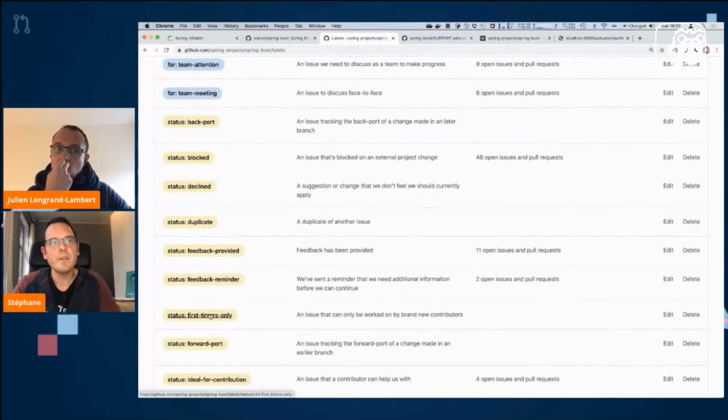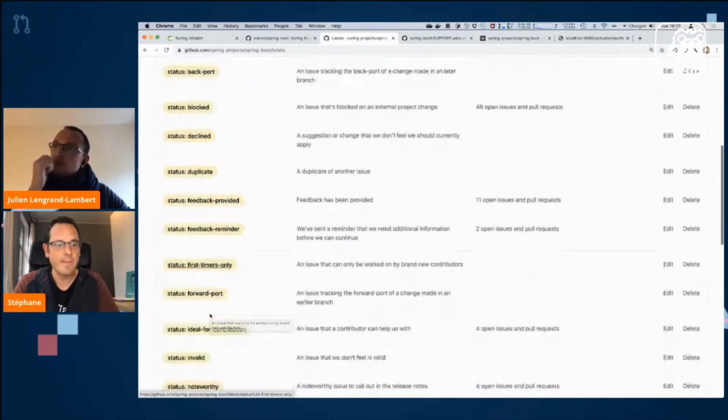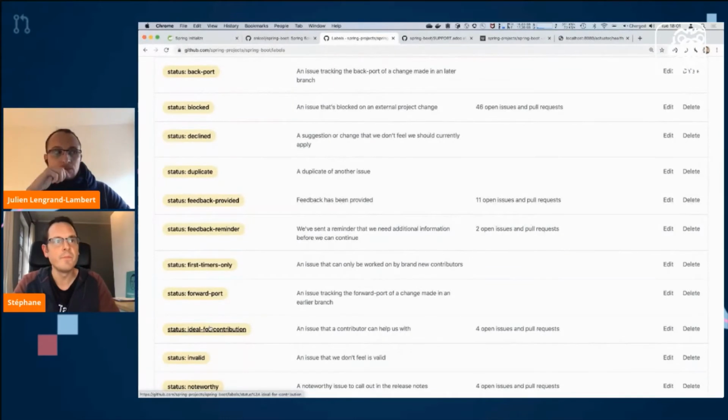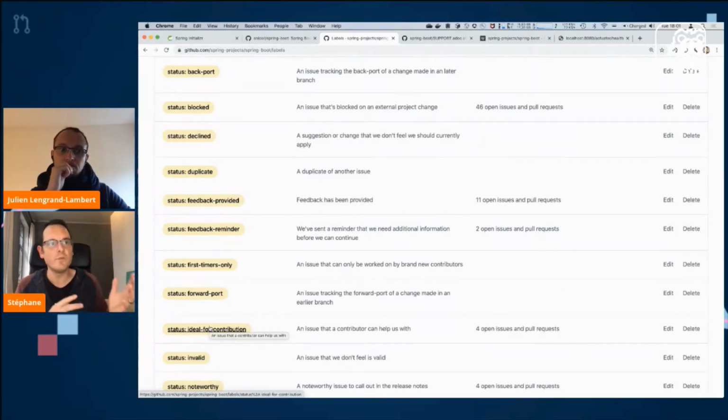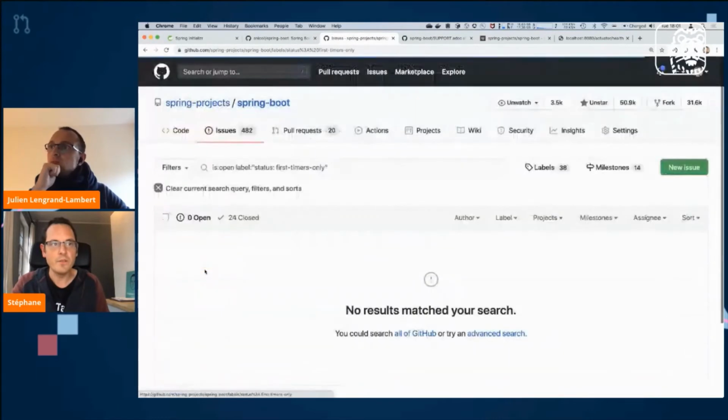First timers only, for which we really craft the issue in such a way that someone who has never contributed to open source can contribute. And ideal for contribution, which is not crafted in a way that will go step by step with you, but rather the issue itself feels small enough so that someone who did not contribute to the project yet can contribute. So if we click on the first timer,